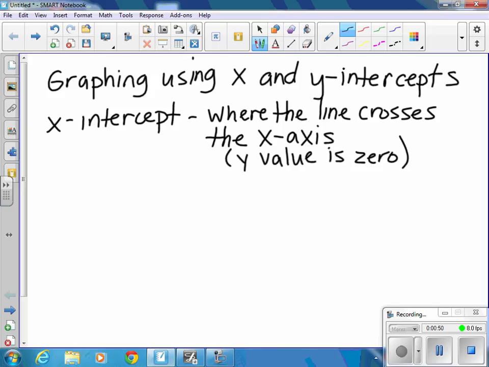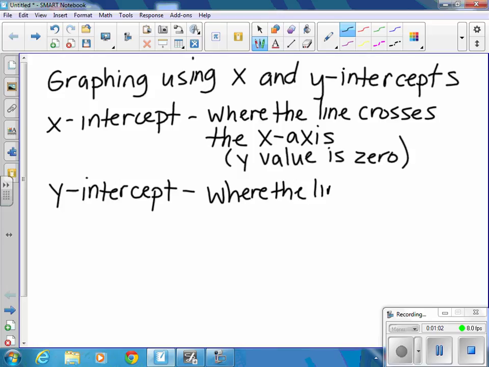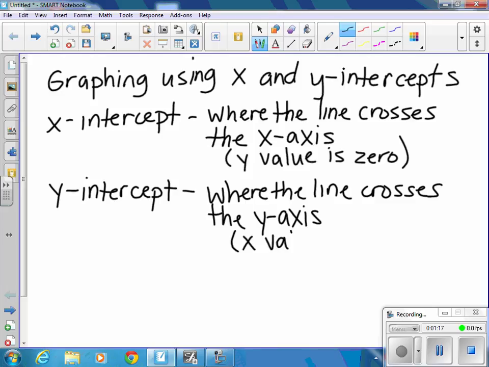The other word is the word y-intercept, which is the complete opposite of the x-intercept. And this is where the line crosses the y-axis. And when a line crosses the y-axis, the x value is going to be 0. So these pieces of information and these definitions will help us to go ahead and graph from those two pieces